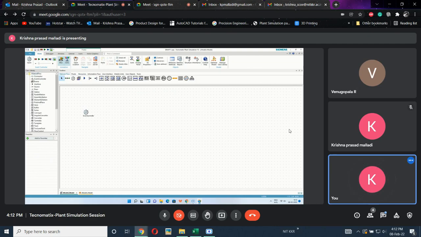But the main necessity of this class library is, I am opening it, I want to use a station. So I am right clicking the station and using the option derive. I am just deriving a mission.